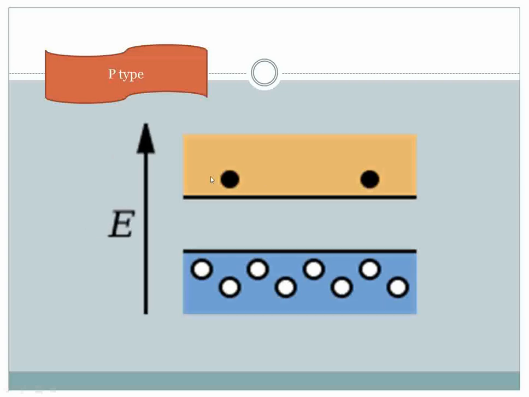This is the p-type. In p-type, the majority charge carriers are holes. The white dots are treated as holes. To understand the difference between electron and hole concentration, the upper portion is called the conduction band, and the minority charge carriers are electrons in the p-type. So there are a few electrons present in the p-type material, but the majority charge carriers are holes. This is the band diagram of the p-type material.